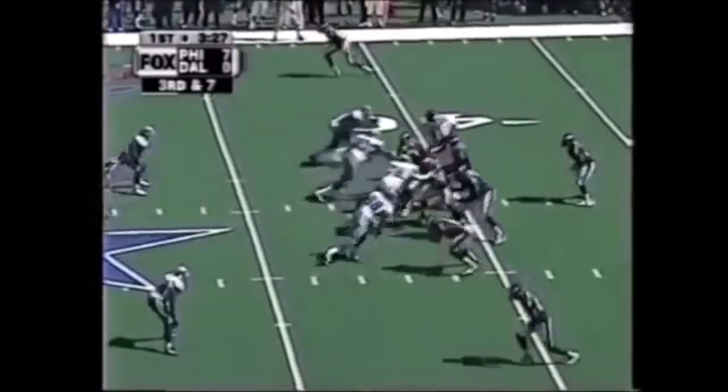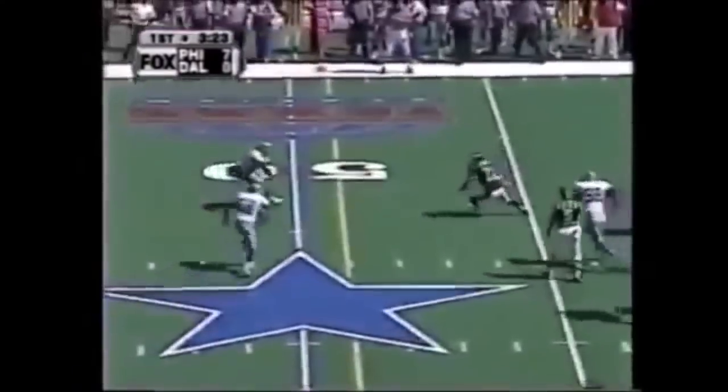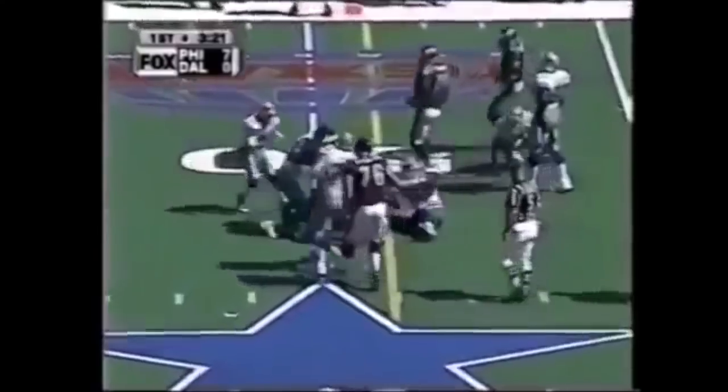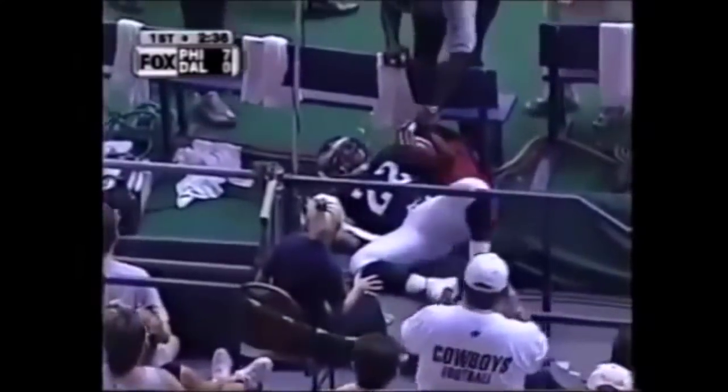McNabb points and retreats. McNabb has all the time in the world. He gives it to Staley, and Staley is near a first down, and I think with the last surge he got it. Here's Duce Staley, and Duce knocked out of bounds. Watch out. By Ryan McNeil over the bench,